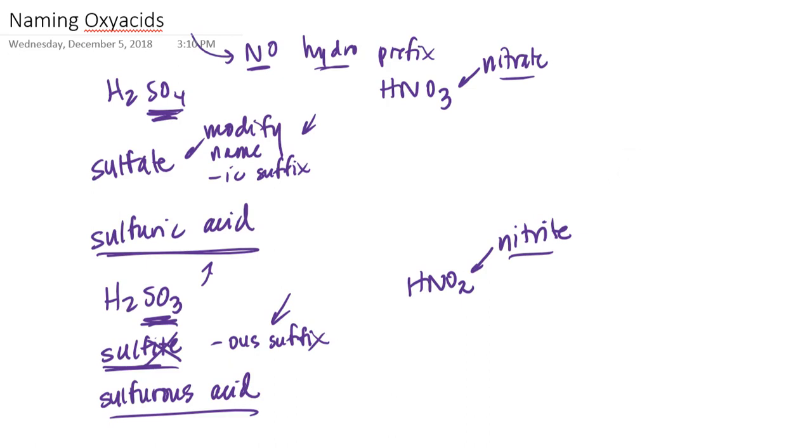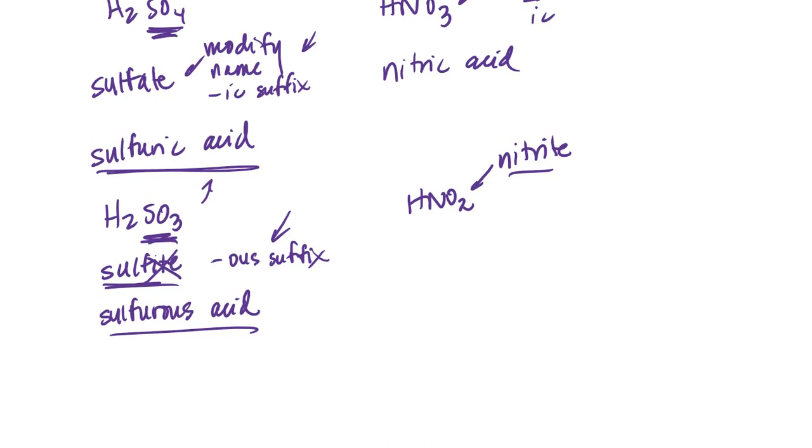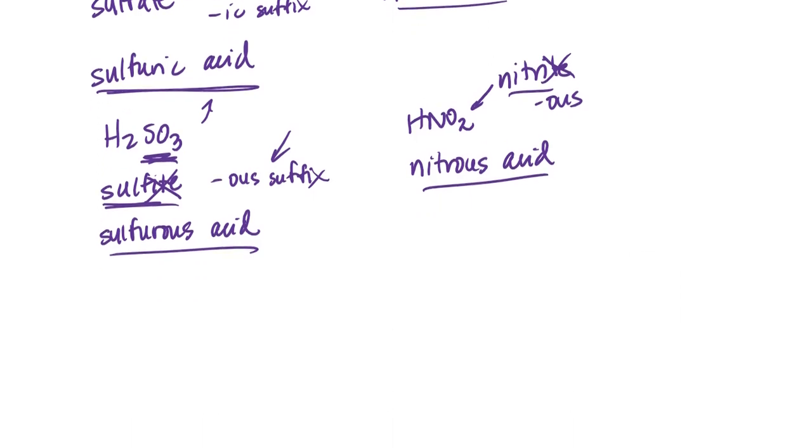examples. Basically, since this oxyanion name ends in ATE, I want to replace that with an IC suffix. So that would make this nitric acid. Okay. Now, as for the nitrite ion, basically I'm going to modify the name so that it contains an OUS suffix instead, and I would call this nitrous acid. Okay. Now, if you recall, oxyanions can also sometimes have families of 4